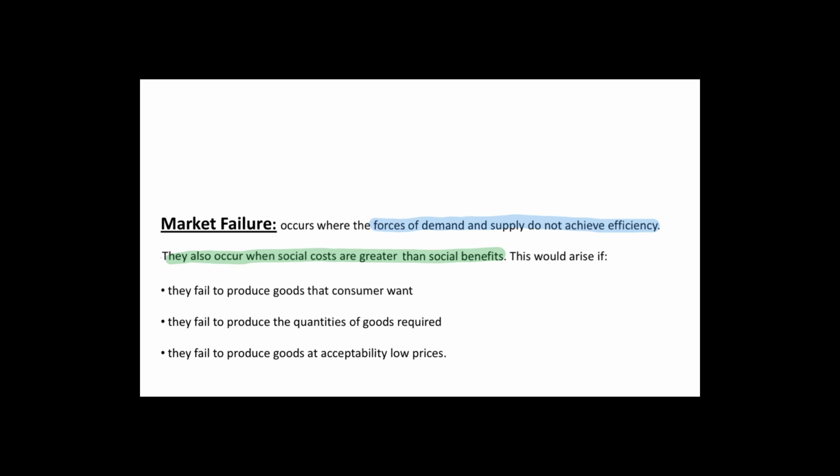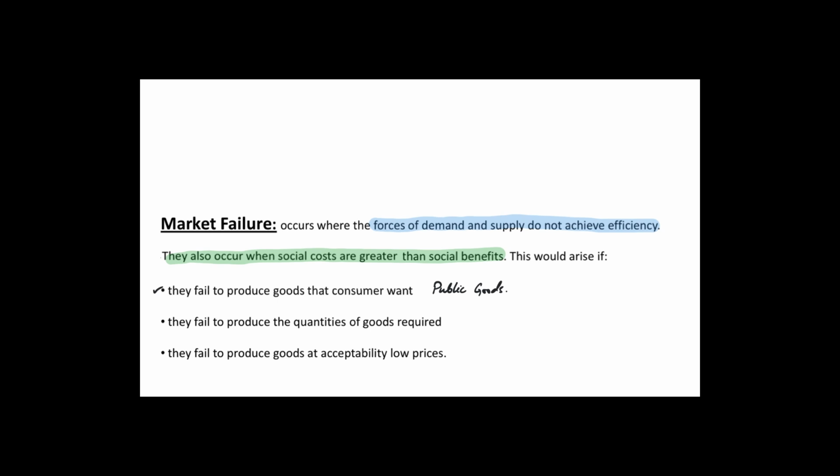In the most layman's terms, demand and supply forces fail when they do not produce a specific type of good. And in AS levels, that type of good in discussion was public goods. Tomorrow, we're going to have a much larger discussion on this in the next lecture. They fail to produce public goods that consumers need and want.